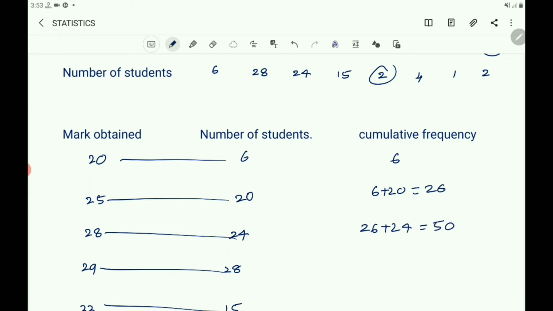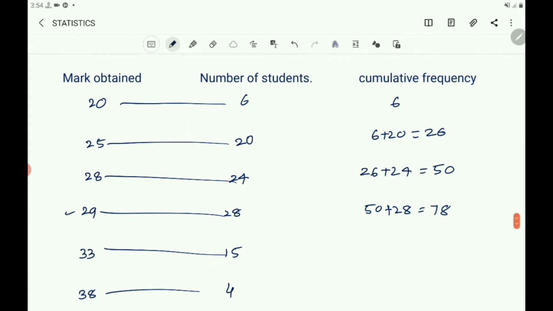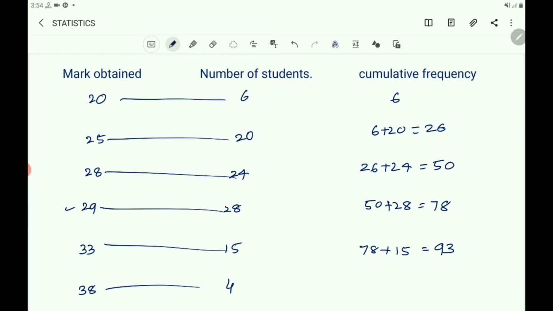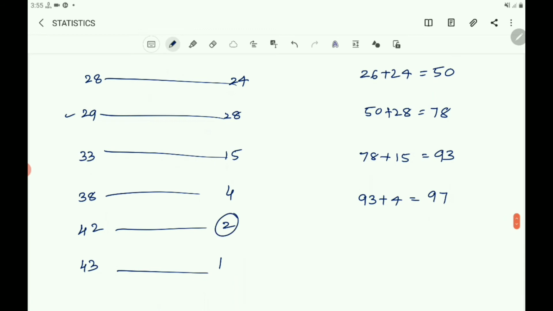You will get 50. Next up to 29, 50 plus 28, that is 78. Up to 33, 78 plus 15, so you will get 93. And up to 38, 93 plus 4, so you take 93 plus 4, which is 97. And up to 42, 97 plus 2,